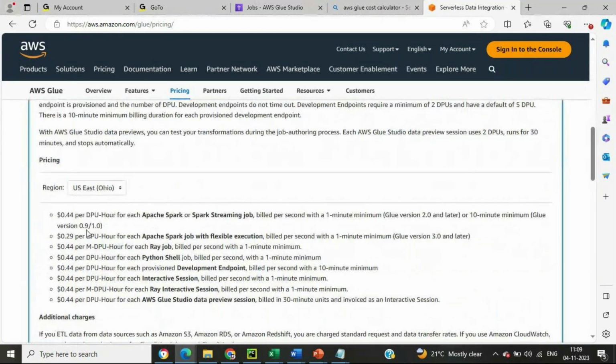So with respect to region and price, if you are using Apache Spark and Spark streaming job, it is 1 minute in this Glue version or 10-minute minimum. So this will be $0.44 per DPU hour for each Apache Spark. If we are running Apache